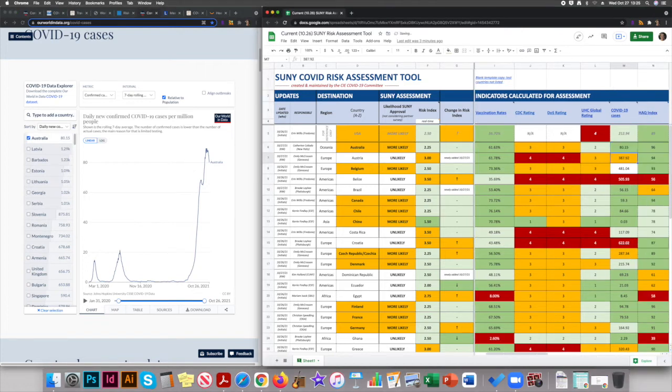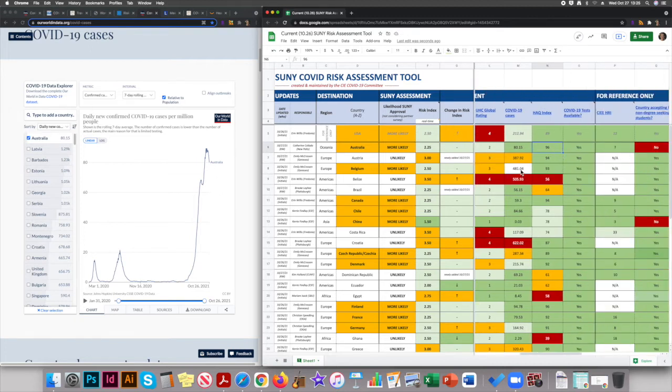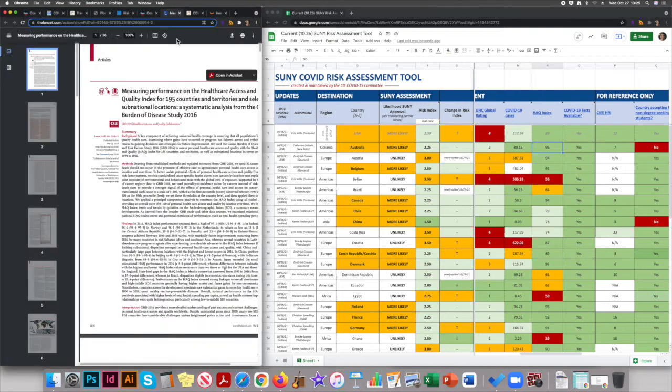80.15. All right. Then the HAQ index. Truly, you shouldn't need to update this at all, but if you wanted to double check it, because this is definitely a static figure, unless a new report comes out. But here's the report, and